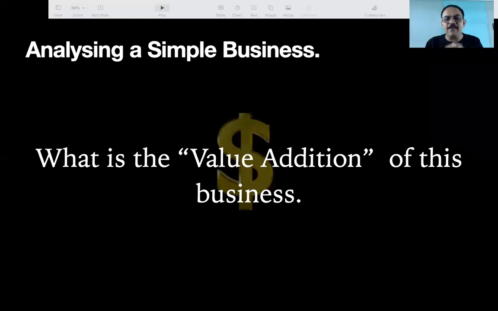Now, what is the value addition done by the business of this bread wala? Think. This is very important. This will make a difference in how you will earn money in the stock market. People don't think what is the value addition of this company. They just invest. Someone said buy Tata Motors, but why Tata Motors, why not Maruti? What is the value addition of Tata Motors? What is the value addition of Maruti Suzuki? What is the value addition of Mahindra and Mahindra?